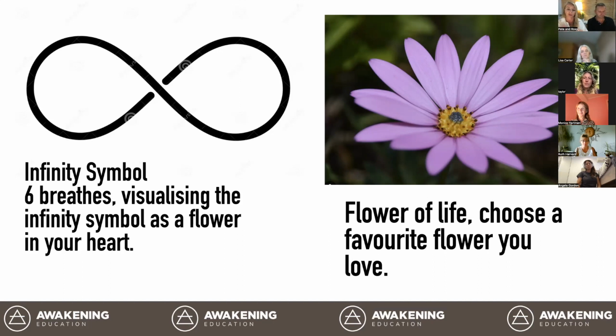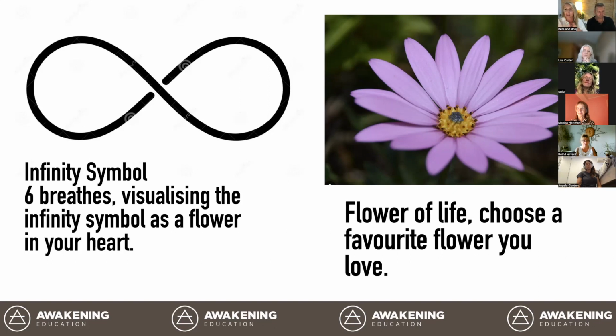So what we're going to do is clear our energy centers first, so we're clean, and then we're going to go up to 5D, and we're going to breathe. With every in-breath we're creating and drawing in our mind's eye an infinity symbol, which will be 6 breaths, which will create a flower of life in our sacred heart. So you're drawing in the breath and pushing out, and the infinity symbol will go through your chest and out the back as 2 petals. So we need 12 petals. That's why we're doing 6 breaths in, and that's what you're going to draw.